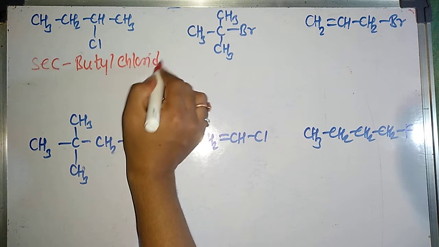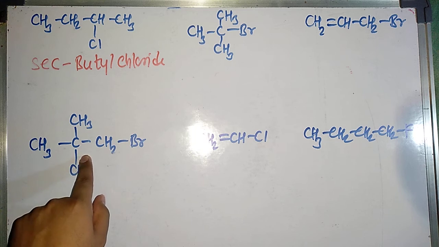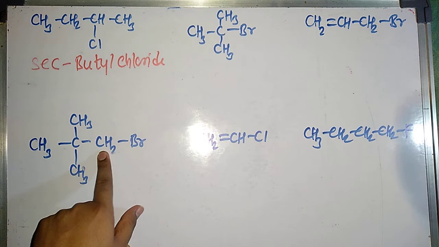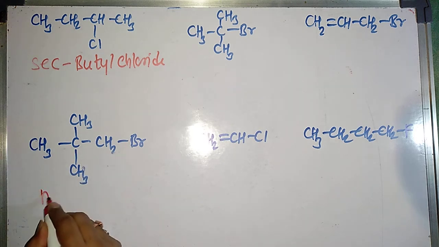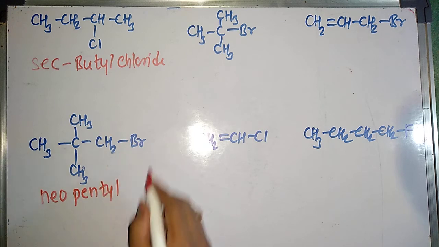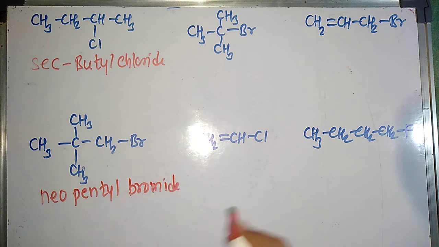In the same way, here I have the neopentyl group. What is neopentyl? When I have one carbon atom which is surrounded by four carbon atoms, at that time I will call it neo. Total carbon atoms are 5, so I will call it neopentyl. Since we have bromine, call it bromide. So in common names we call the compounds alkyl halides. Identify the alkyl group, identify the halogen and write it as a halide, just like chloride, bromide, fluoride, iodide.